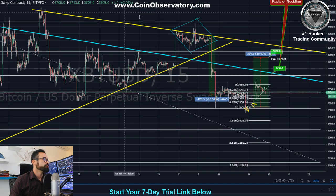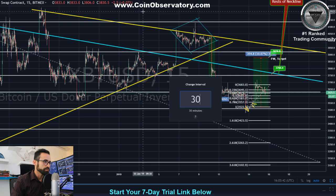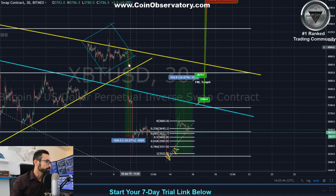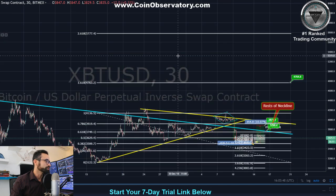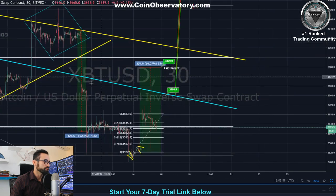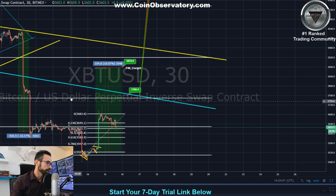All right, well, starting off on BTC, I'm going to start with a 30-minute chart or so. We had seen this inverse head and shoulders setting up, and we saw this test of the neckline. As of now, the neckline is at that 3,700 mark. Just yesterday and the day before, I announced a small falling wedge here and a bull flag for a retest